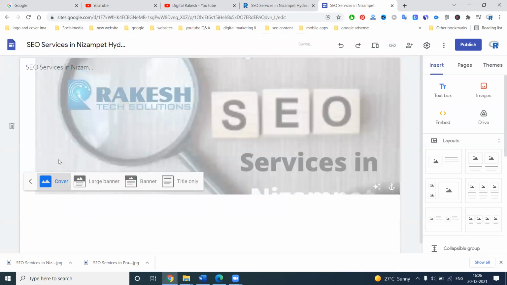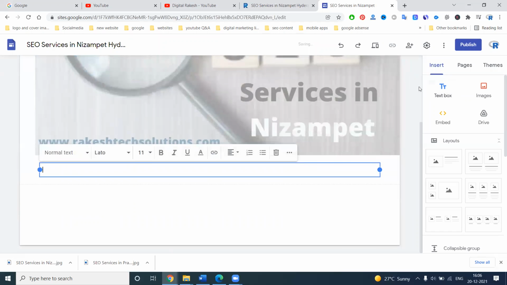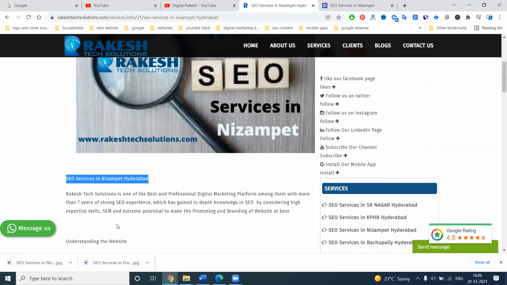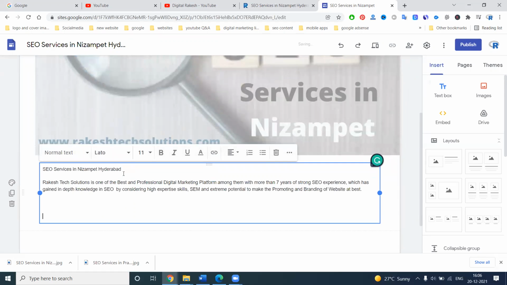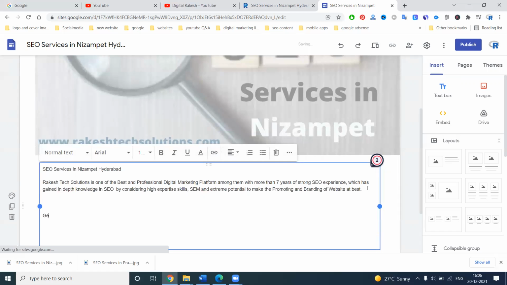Next, the header size will be cover, text, copy. Here you can click, copy this option.